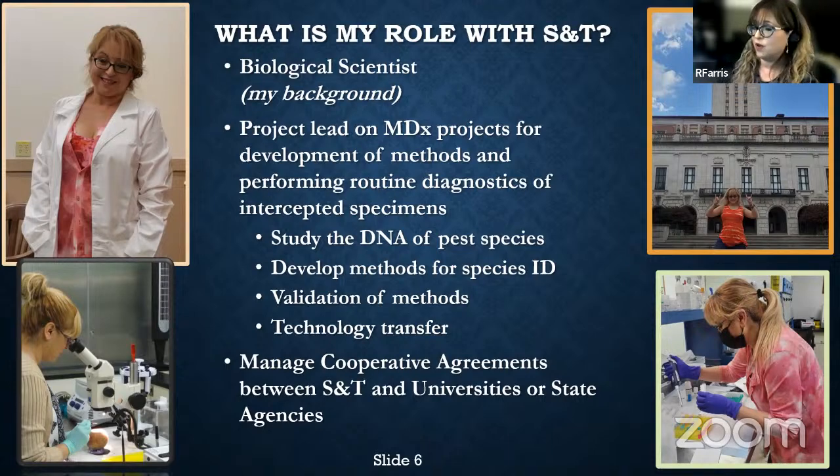Along with managing all of these in-house projects, I also manage a number of cooperative agreements, some with UTRGV. I have cooperative agreements with other universities outside of Texas, with Cornell and the University of Colorado. I have cooperative agreements with federal agencies as well.